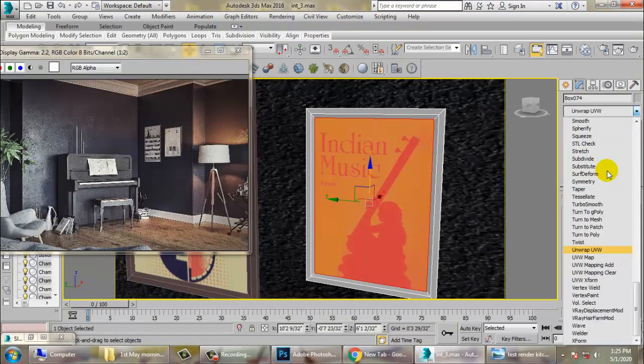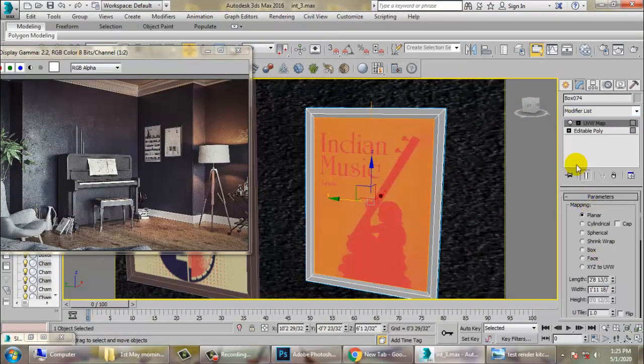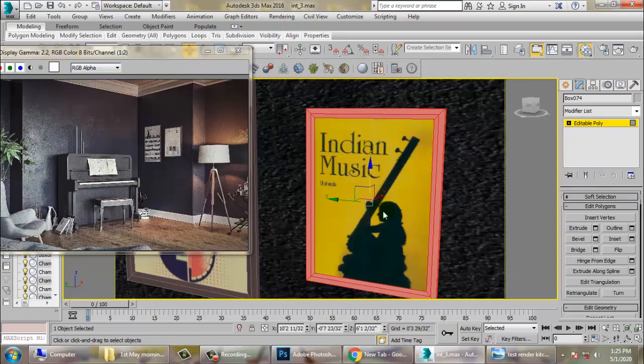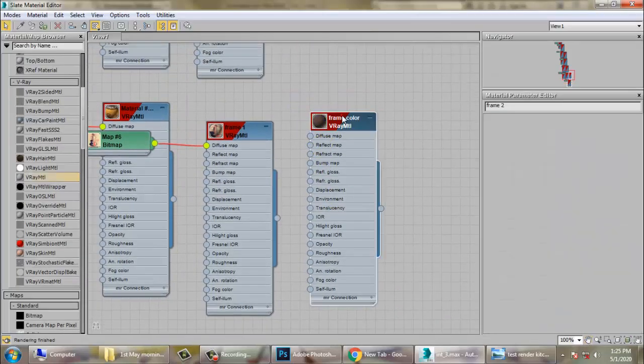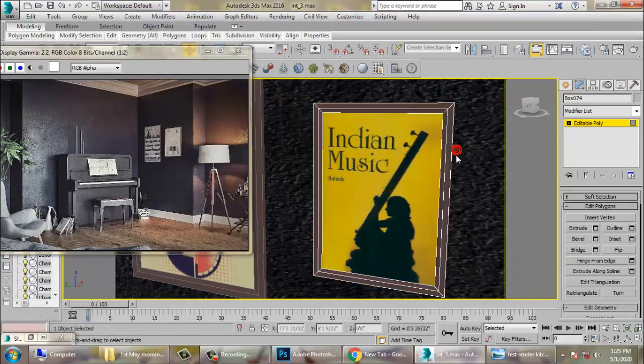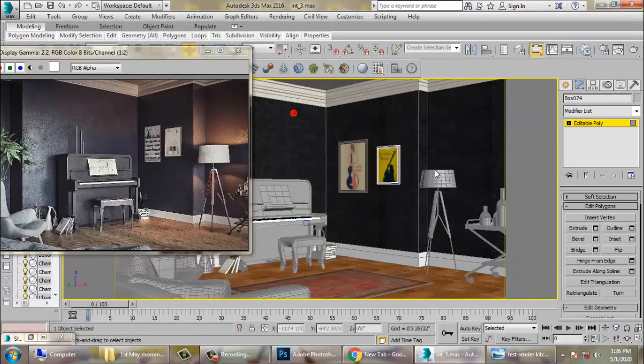That's your Indian music. So convert to poly. Control I inverse material, and let's again give a frame texture to it. Let's go back to the camera view over here, and let's save the file.